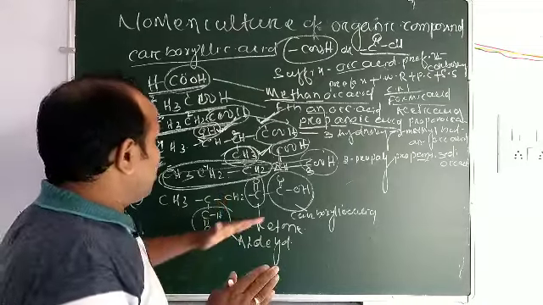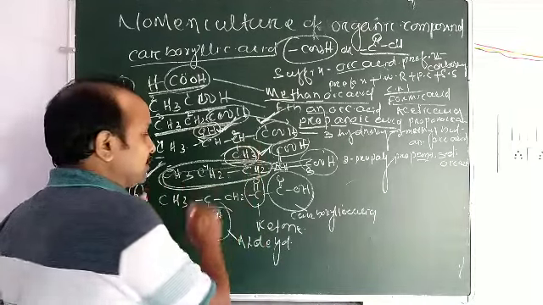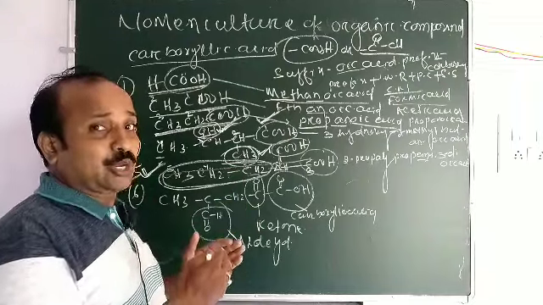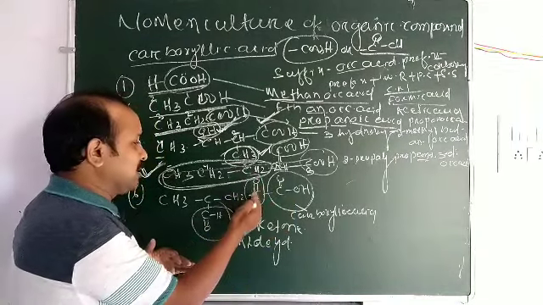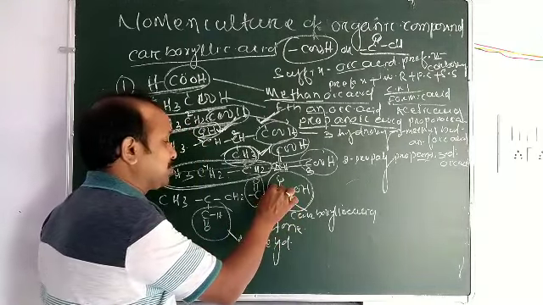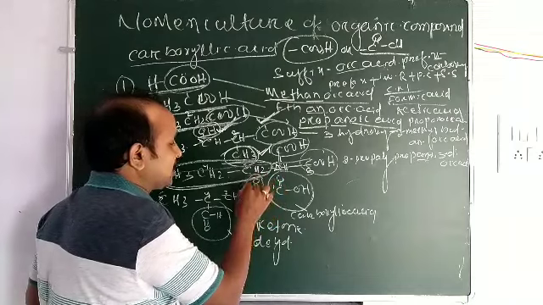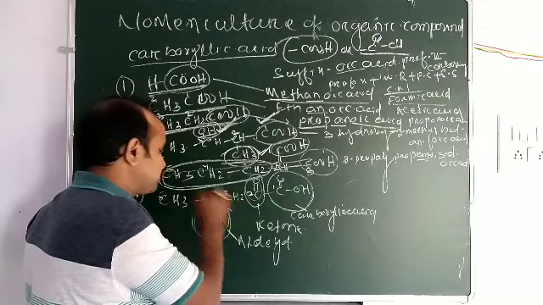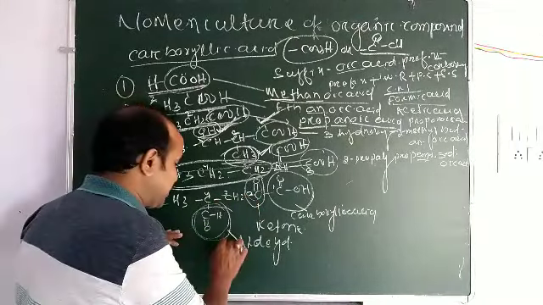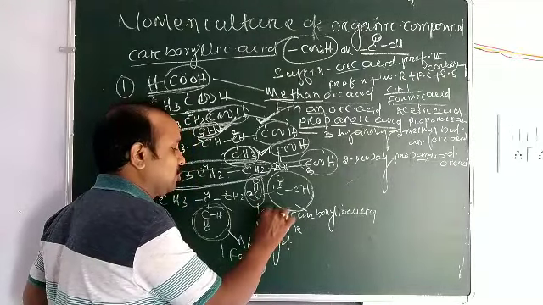When more than one functional group comes, then you name from the higher priority functional group. So find out which one is the higher priority between carboxylic acid, ketone and aldehyde. That is carboxylic acid. Then you should count from this 1, 2, 3, 4, 5. One functional group is ketone, another functional group is aldehyde. These two functional groups are used as prefixes. Its prefix is formyl. Its prefix is oxo or keto.